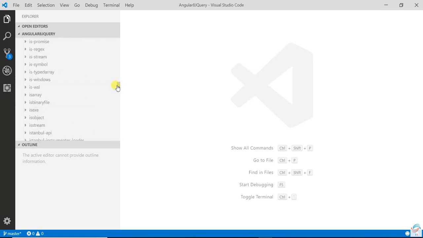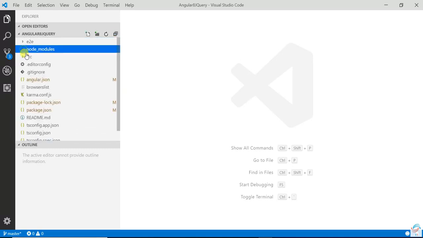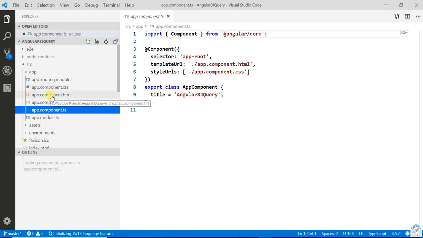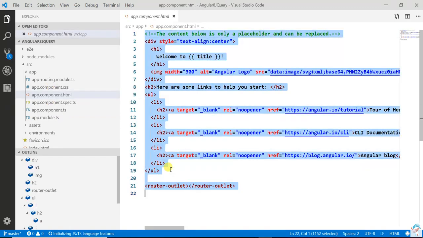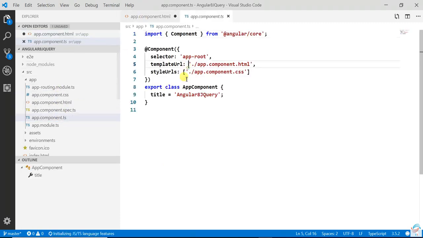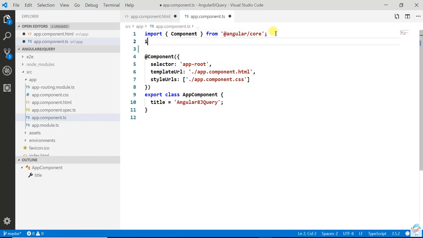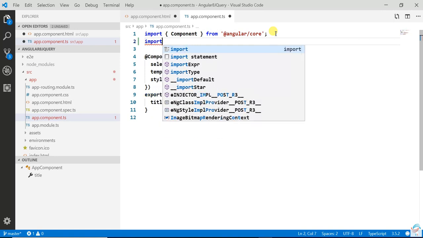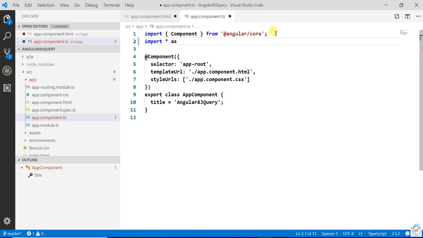So open that app component.ts. Open the src folder, app folder, then you will see app.component.ts, and open one more, app.component.html. Just delete this code. In app.component.ts, here you need to import star as dollar from jQuery. Okay,